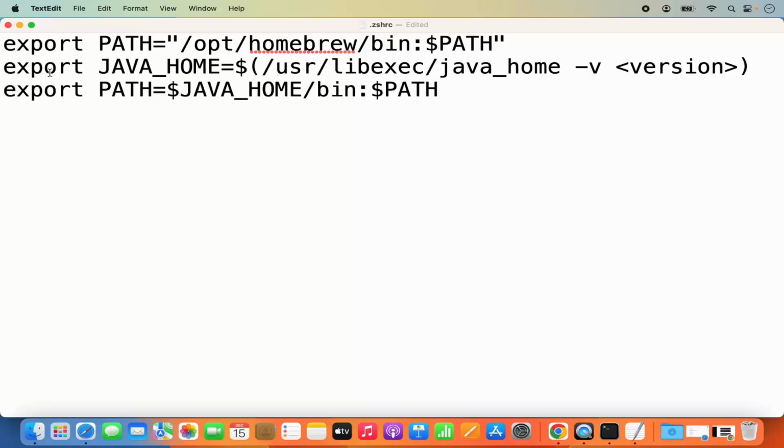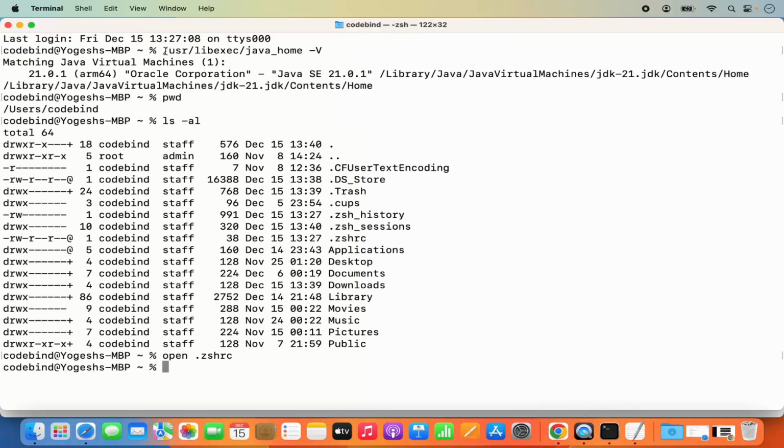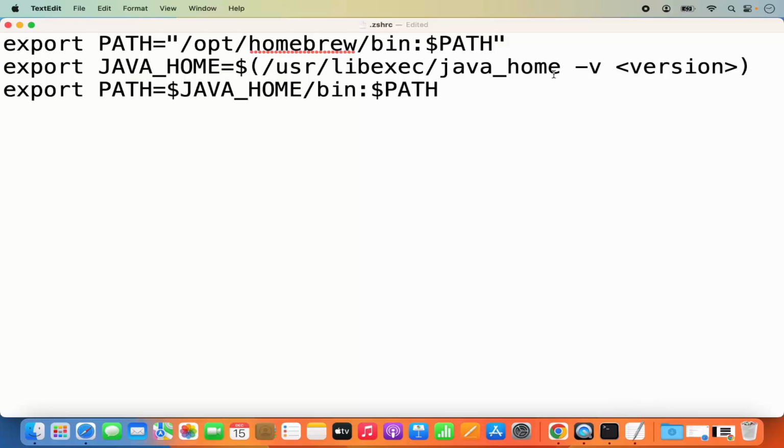So the first command is export JAVA_HOME is equal to dollar, and then this is the path which we have seen in the terminal. So we have used this path, right? /usr/libexec/java_home -v, and we got this version in my case, right? 21.0.1. So here we have given the same path hyphen version, and instead of this version, you need to give